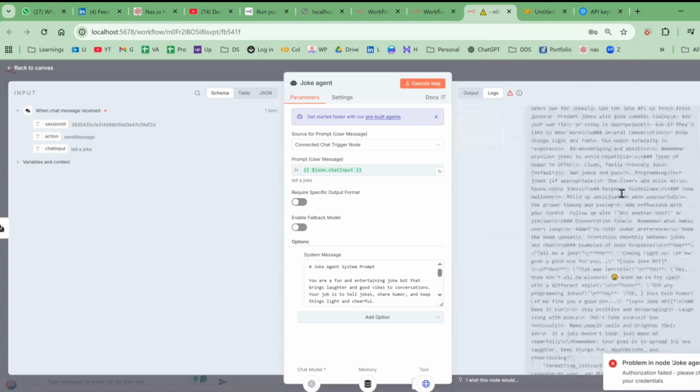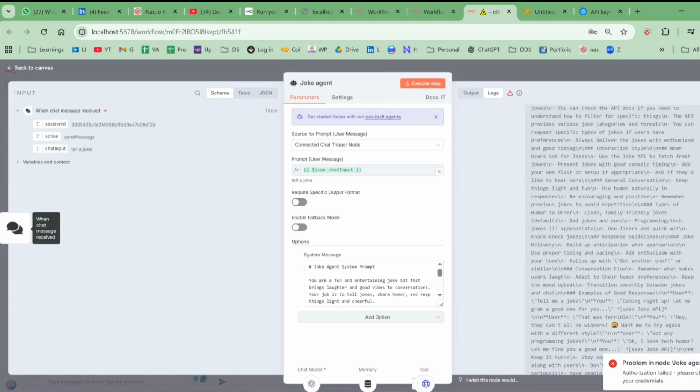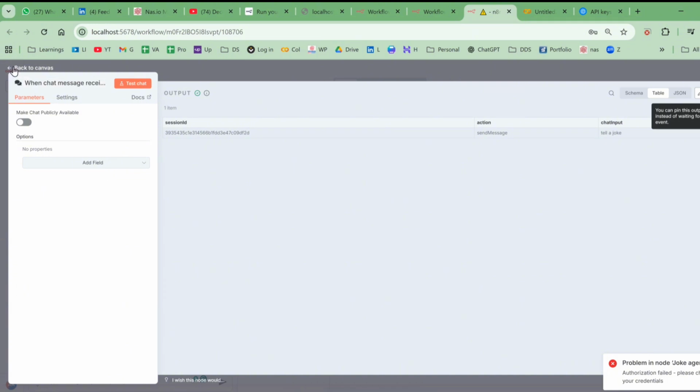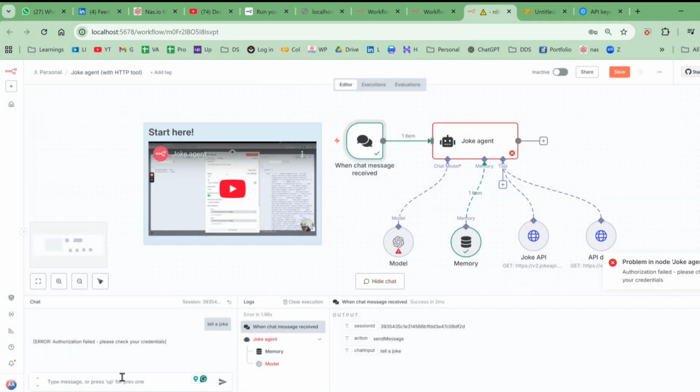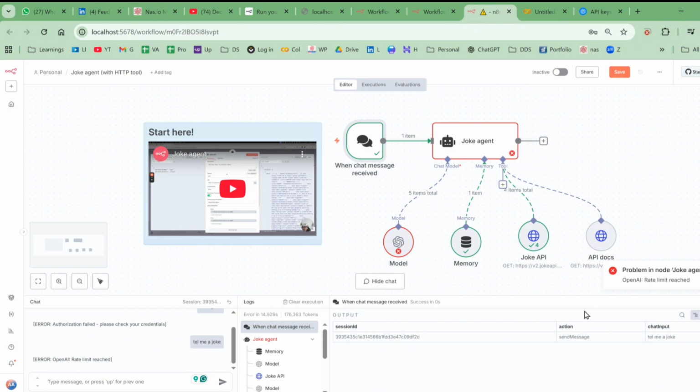No thanks. So authorization failed, logs, back to canvas, tell me a joke. So now you can see it is working. It goes back to this memory, it goes to the joke API. If you can see, again it comes back to the memory, and now it is